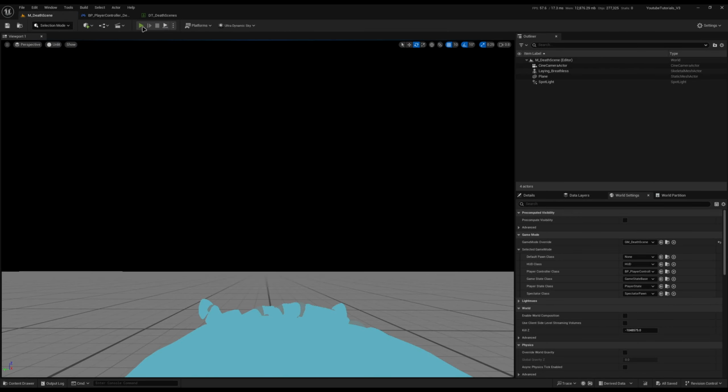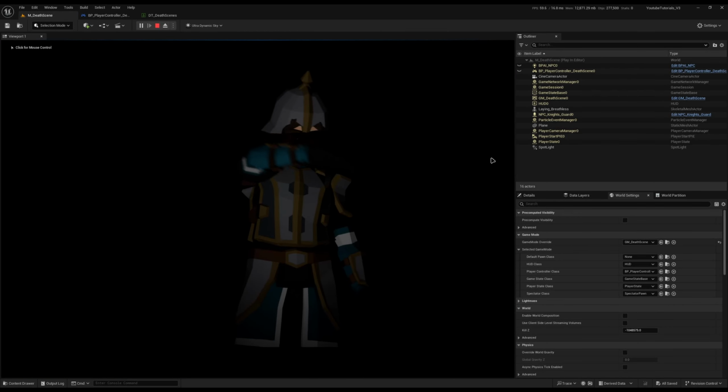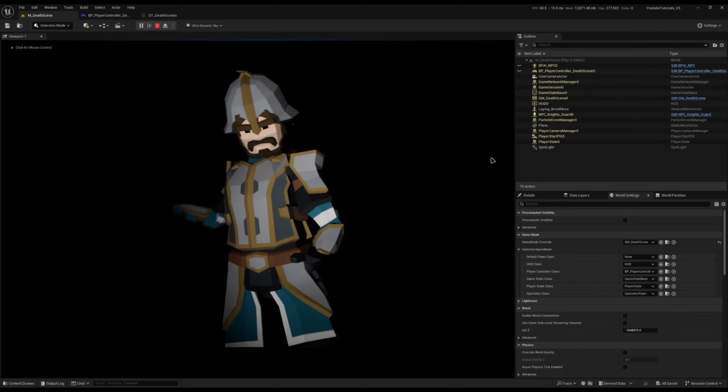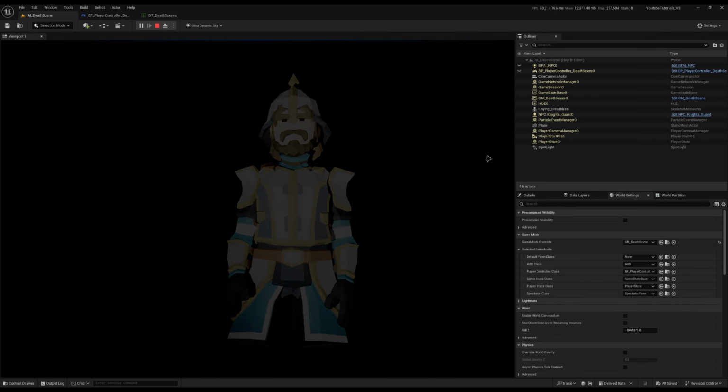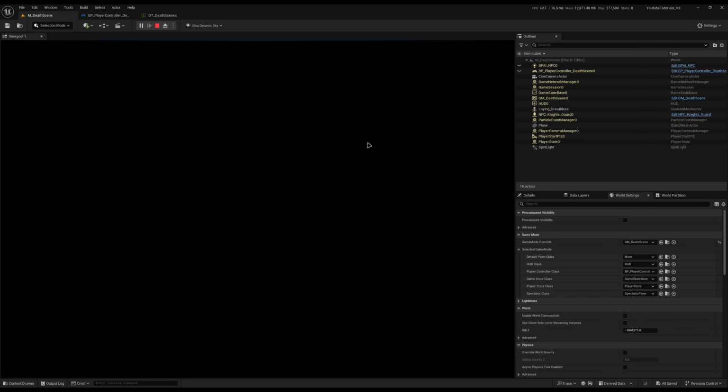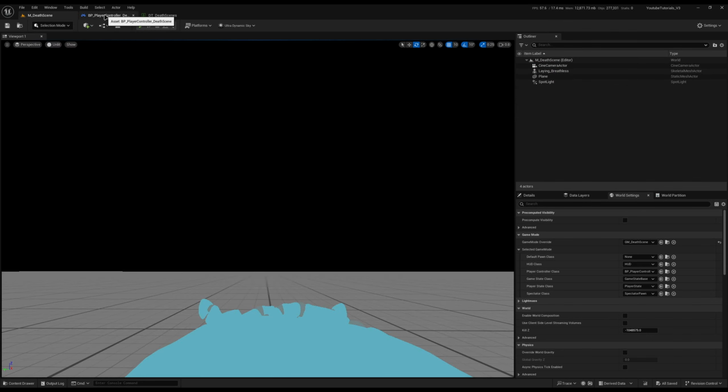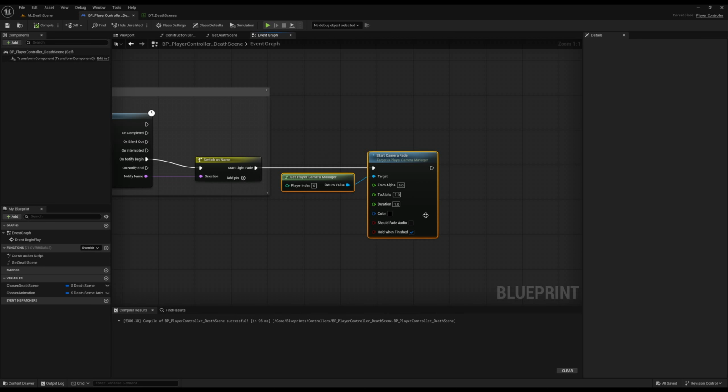So if we just try it now, you should see that he'll walk up, he'll do his stabby thing. There we go. And then the camera will start to fade out like so. So we definitely still need to play with the timings, and I do need to go on and extend those animations, which I will do. But now that we've got it fading, we actually need to tell it to show the UI after it's finished